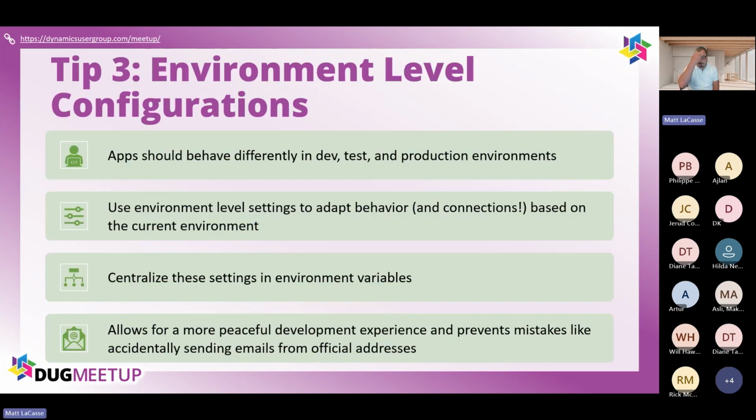So on to tip number 3 would be environment level configuration. So time for a quick story. I remember there was one point I was tasked on managing a Canvas app that had already been deployed across an organization. I remember being so excited when I started looking around in there, because it was very cleanly built, the PowerFX code was nice, it was well documented, good comments, the flows were neat, tidy, they had proper error handling, it was beautiful, but it had one significant drawback, and that is that it was developed in the default environment.